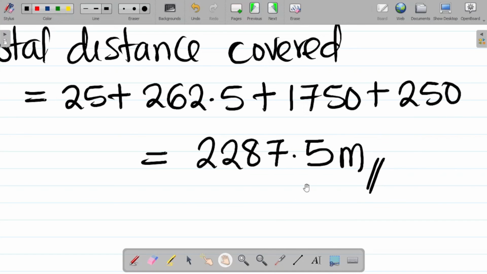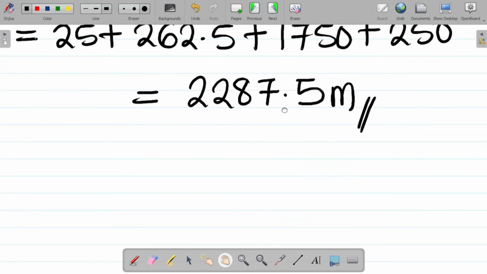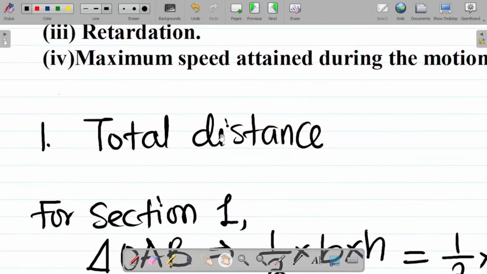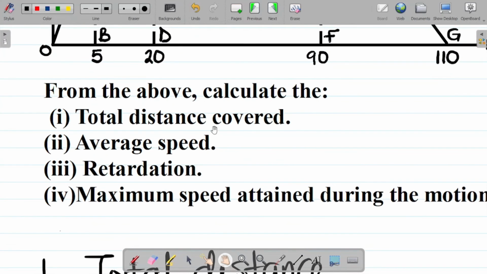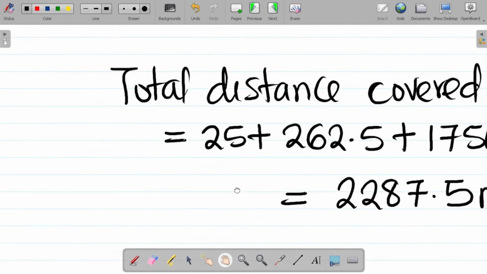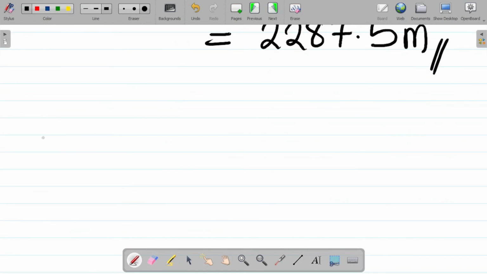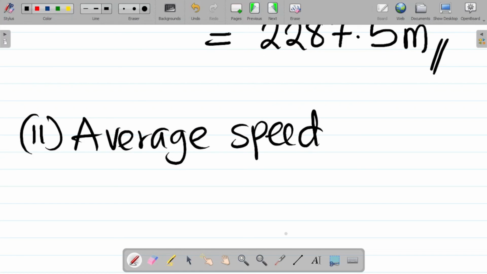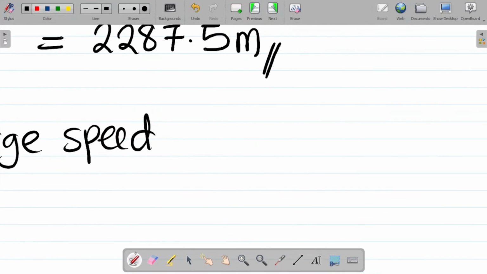All right. So all of this was the calculation for question 1, which is total distance covered. Let's look at question 2, which is the average speed. The formula for calculating average speed is simply equal to